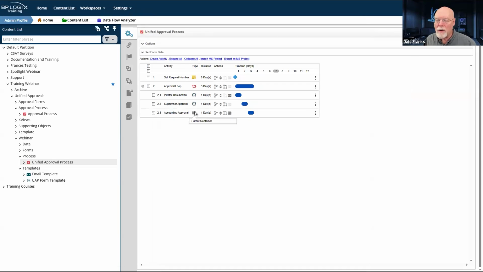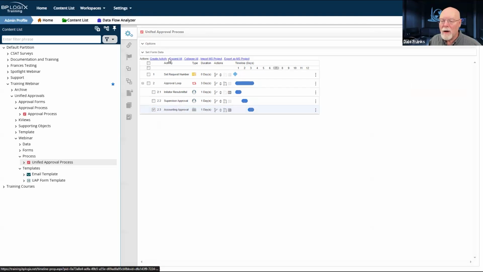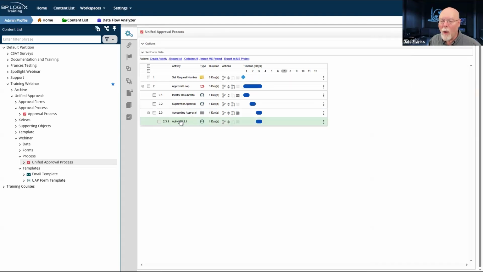And so now you can see that this is a parent container. And so all of my accounting approvals are going to have to go here. So I am going to have to make child activities for 2.3 accounting approval.